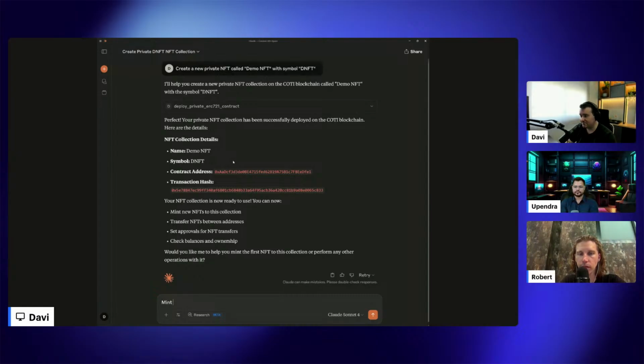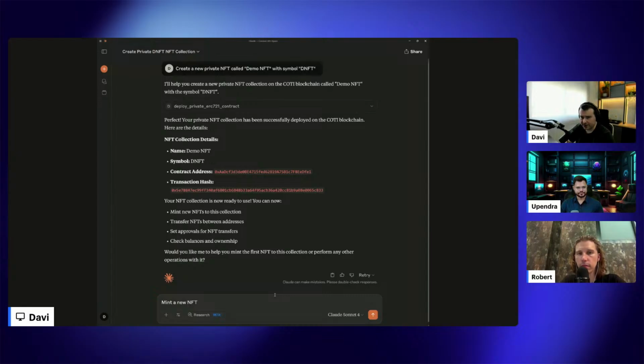In that case, not tokens, but NFTs, right? So let's mint a new NFT. And now, in order to mint an NFT, I need to provide a token URI. So I need to pass the metadata to the mint in order to have all the properties, values, the image, everything else inside the metadata. So it's different from the ERC20 token. The NFT, I need to provide this metadata.